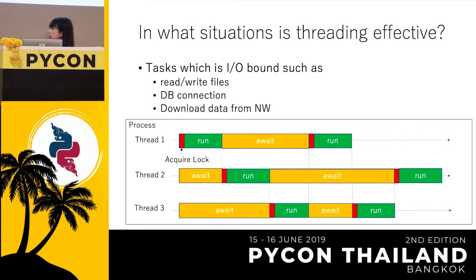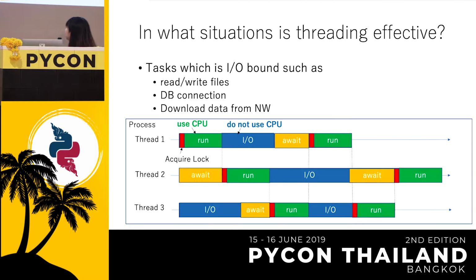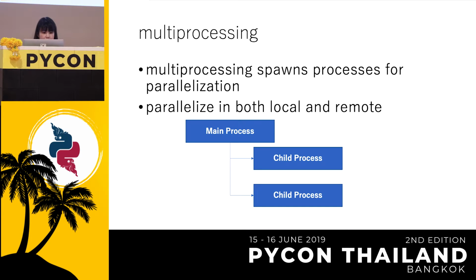So in this image, the await is very long, but an I/O bound process can use the await state for another process about I/O. This doesn't use the CPU. Threading is very useful if the number of threads is increased, but if the number of threads is carelessly increased, context switching decreases performance. So next, multiprocessing.